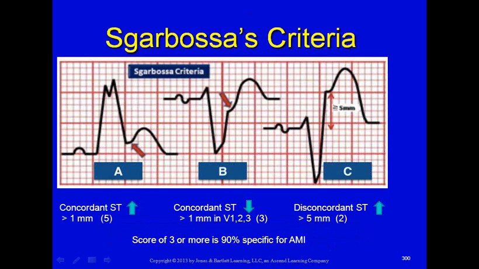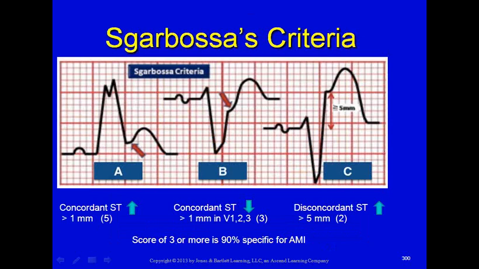So along comes Dr. Sgarbossa and develops the Sgarbossa criteria that we can use. If you get a score of 3 or more on the Sgarbossa criteria, then that's 90% specific for a STEMI. So the first thing I want to do is identify whether I have a left or right bundle branch block. And if I have a left bundle branch block, then I want to apply Sgarbossa's criteria. If in any one lead I have ST segment elevation in the same direction as the QRS, in other words, if the ST segment is elevated and the QRS is above the isoelectric line,